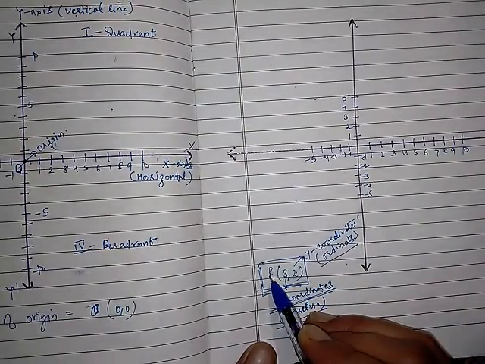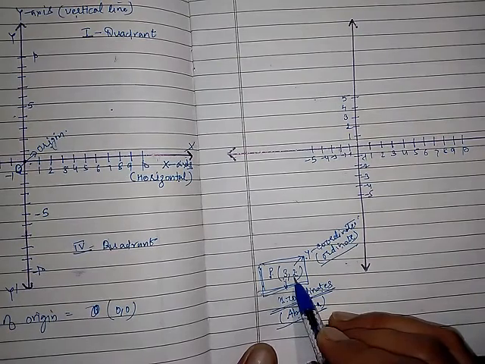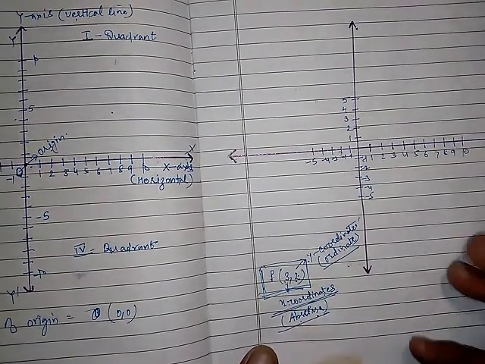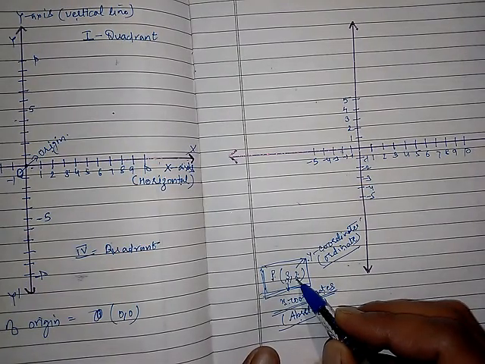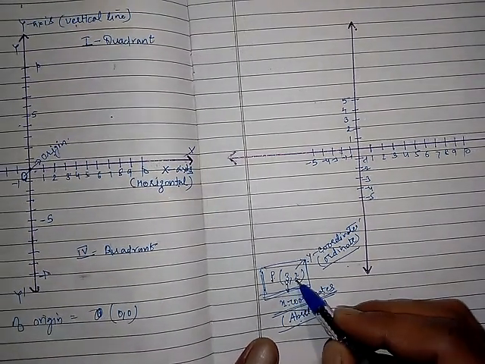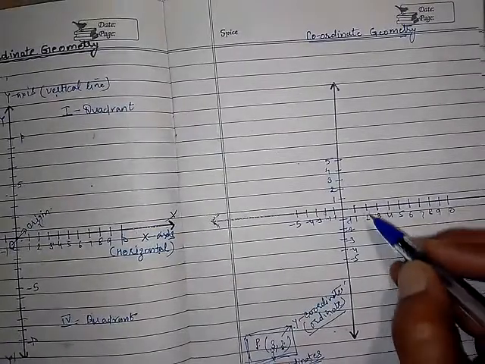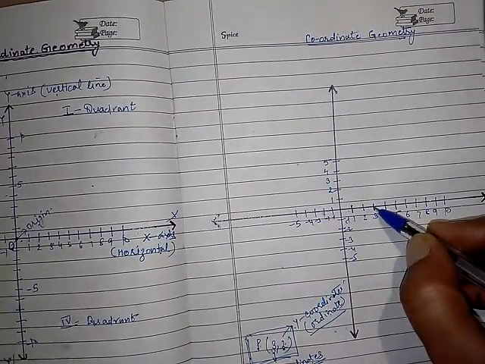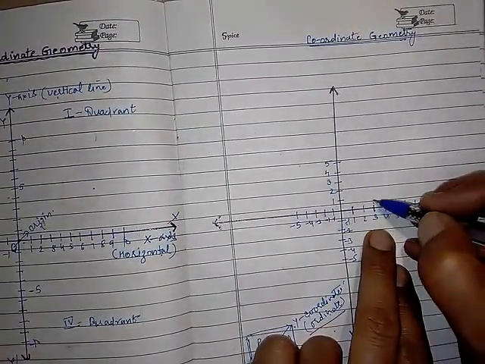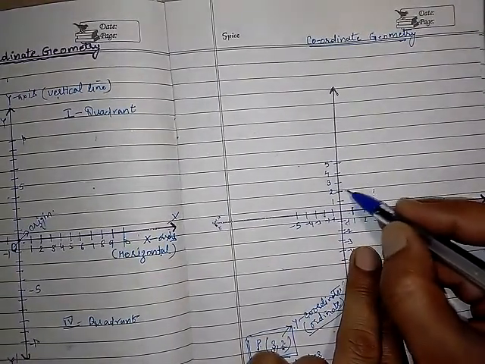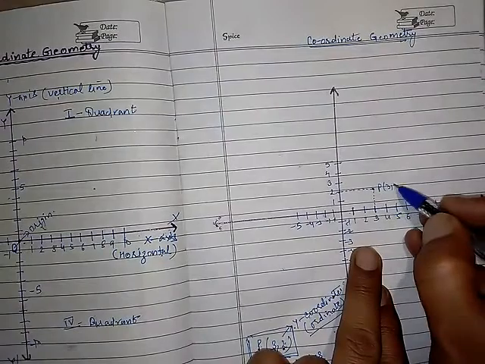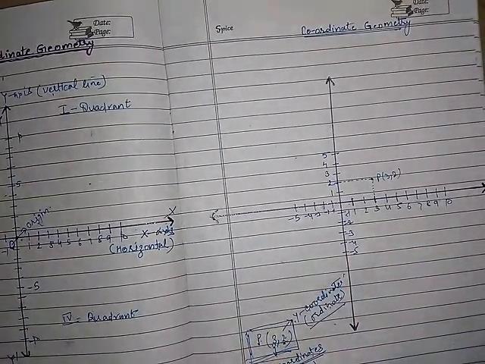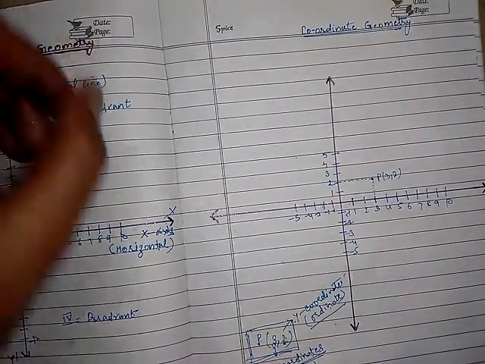And this is how to show a point. P is the name of the point and these are the coordinates, or you can say the dimensions also. So this shows x is equal to 3 and y is equal to 2. See, where is your x? x is equal to 3 is here, and in front of this, y is equal to 2. So this is the point P, that is 3 comma 2. This is the way to plot a given point.